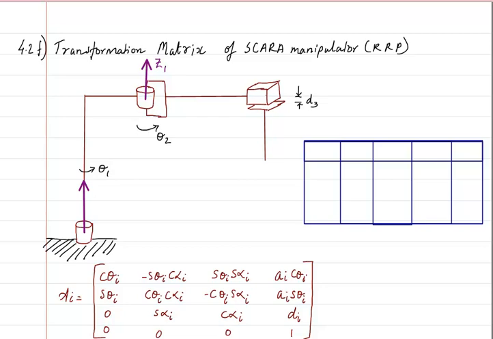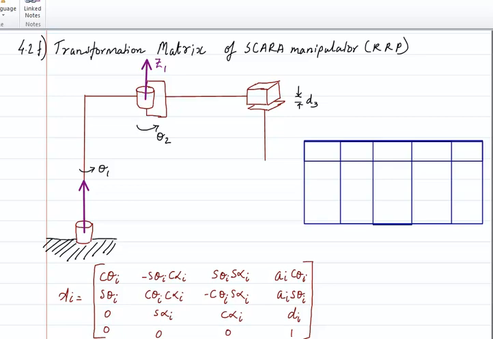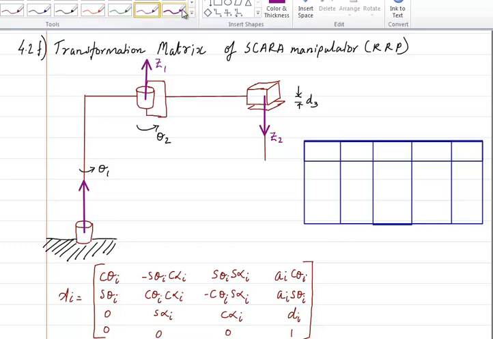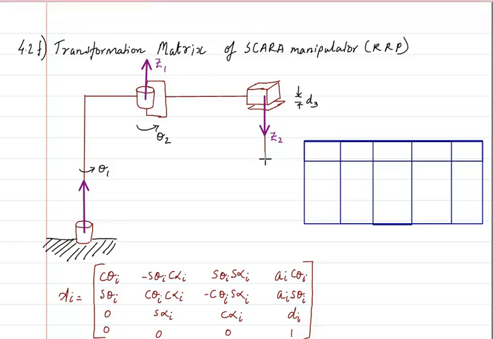Next, from here we are having the third joint, which is a prismatic joint, and we know that for the case of a prismatic joint, the Z axis will be in the direction of motion, which here is actually facing down. So based on that, we have drawn that particular axis. This is going to be your Z2, and finally we are going to draw the last Z axis for the end effector, which will be in the same direction as the previous one. So this is going to be Z3.